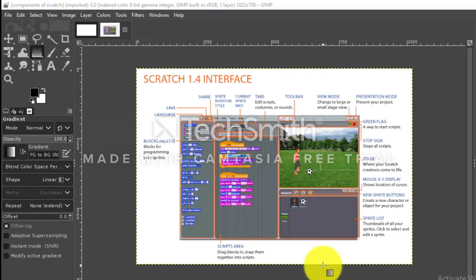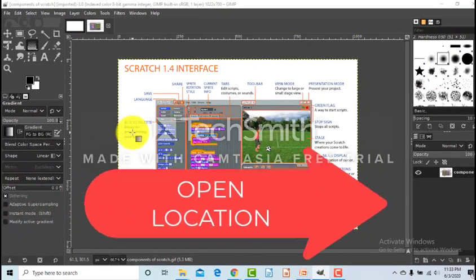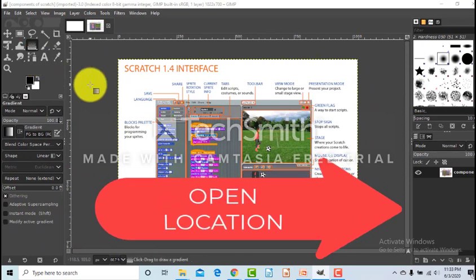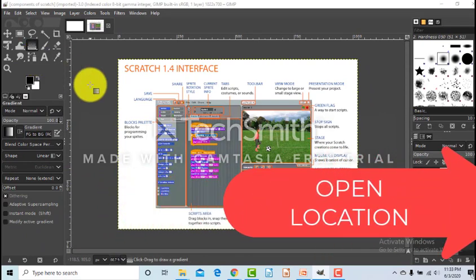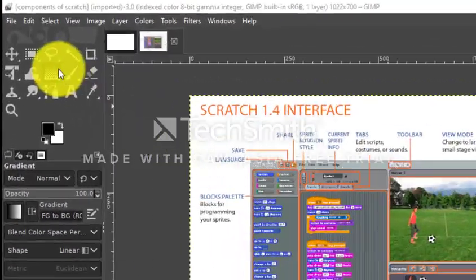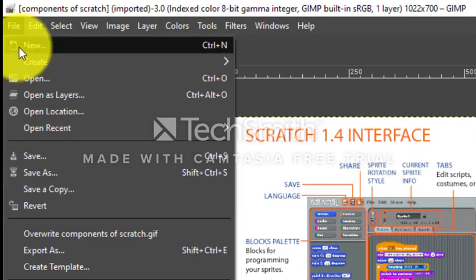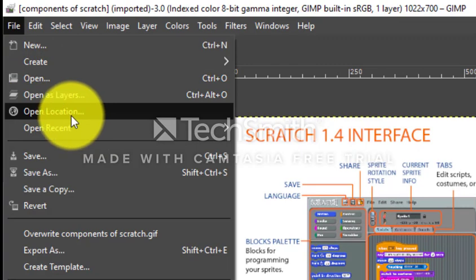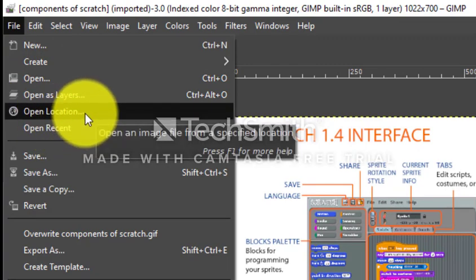Next operation that we will see is Open location. This option is used to open an image if URL, that is web address, of the image is known. The steps are: select File, Open Location option submenu. The Open location dialog box appears.